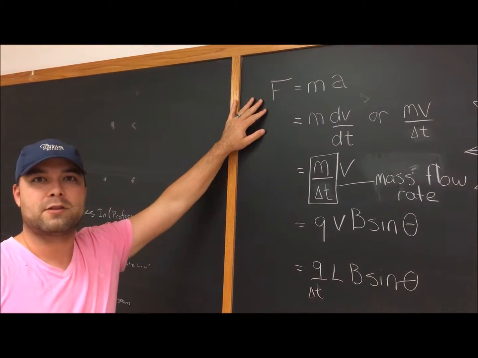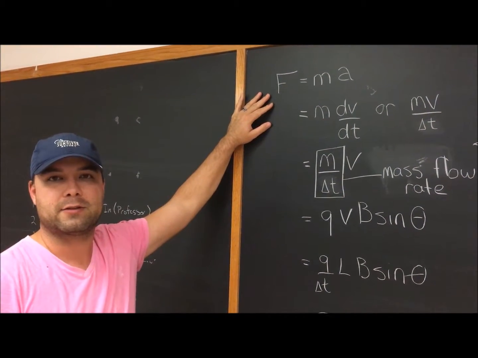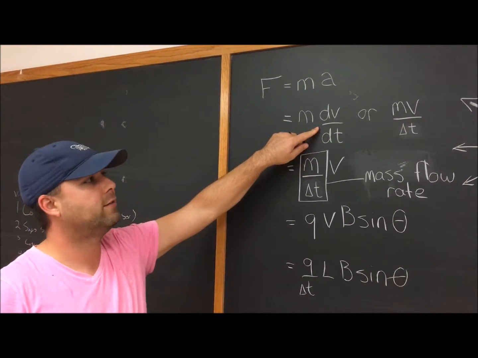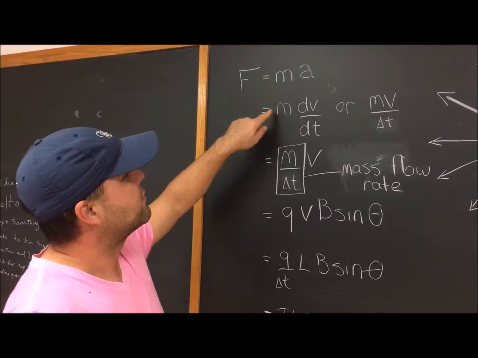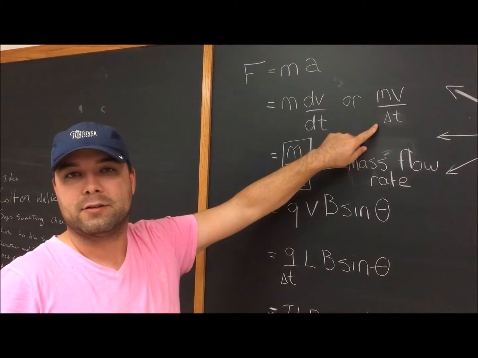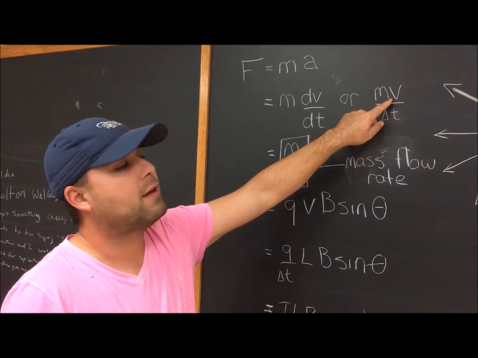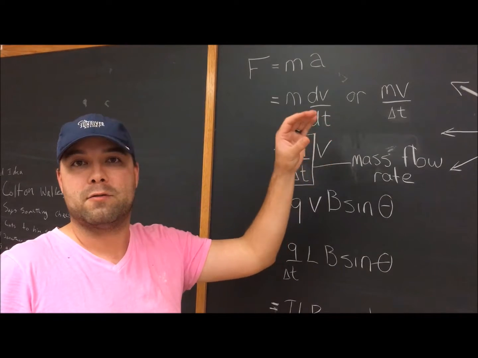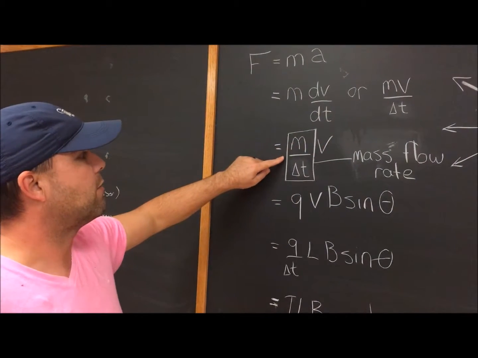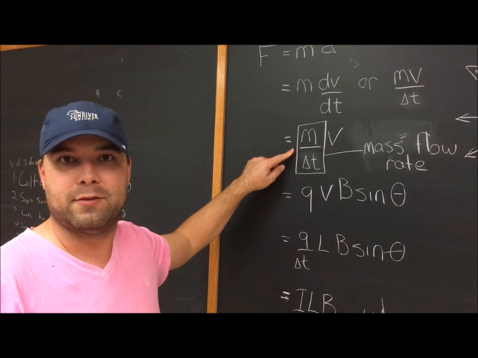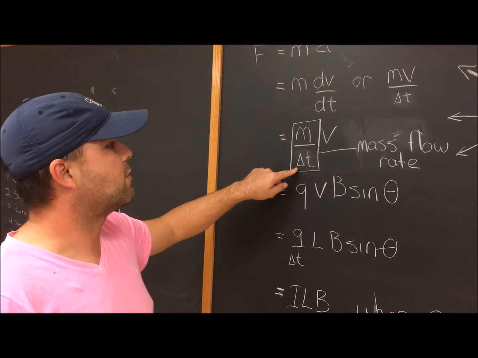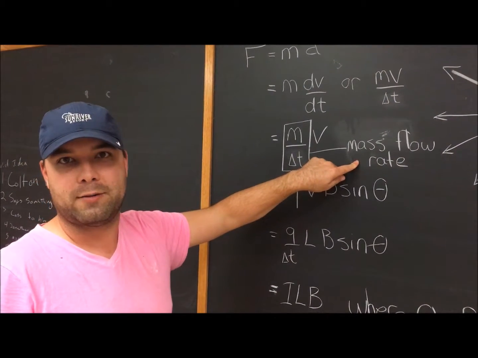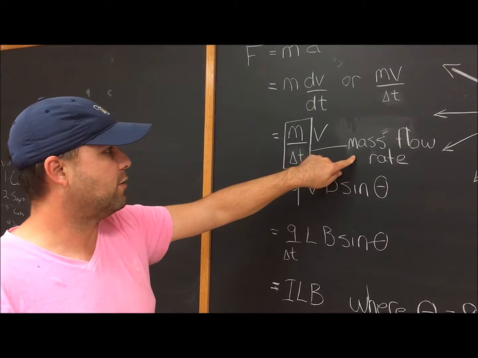We start out with Newton's equation of motion, force equals mass times acceleration. Acceleration can also be written as the time derivative of velocity. Or you can rewrite this whole equation as mv over delta t, and you can see mv is momentum over a time interval, so we've got some sort of momentum over a time interval. And this can also be written as m over delta t times v, and this m over delta t is the key here. This is indicative of what's called a mass flow rate,